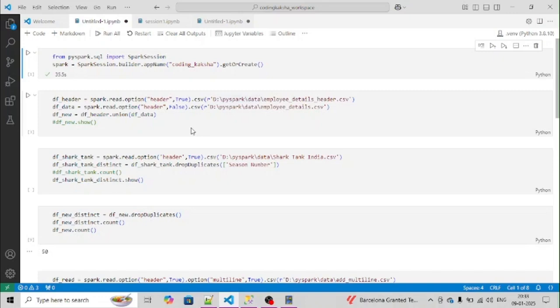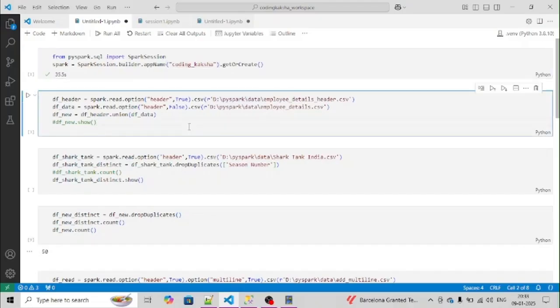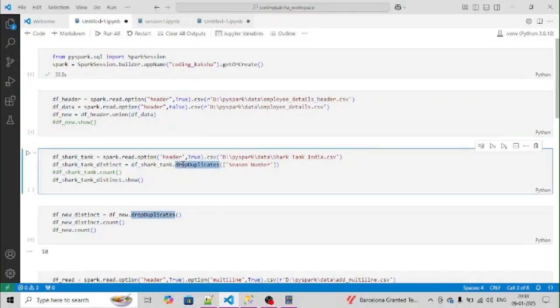Everyone. So in this series, we are discussing all the PySpark possible questions and how to read PySpark from basic to advanced. In my previous video, we did a few multi-line operations over the flat file. Today we are going to check the drop duplicates and distinct functions. There might be a question that arises while reading the data frame. There could be a few duplicate issues.